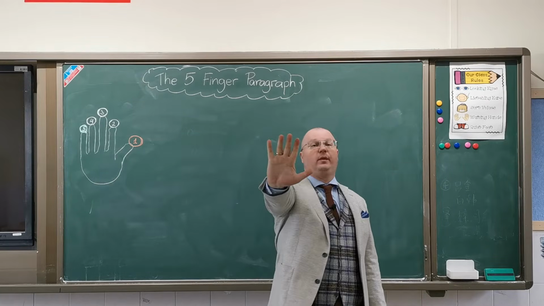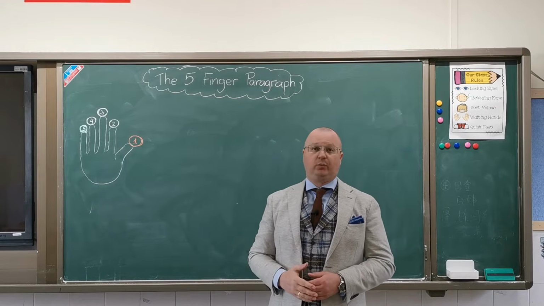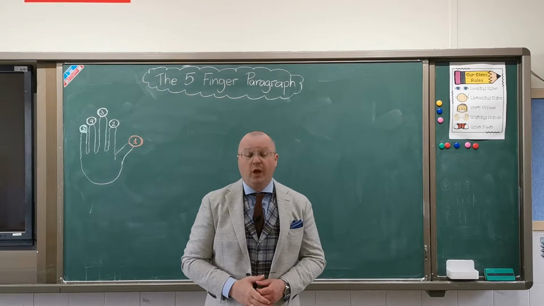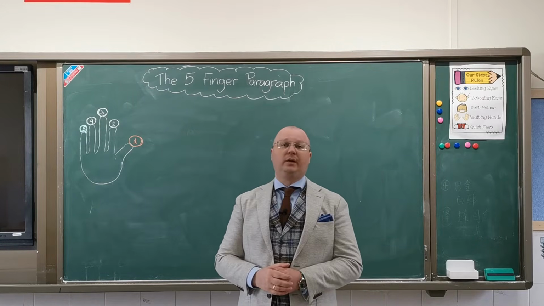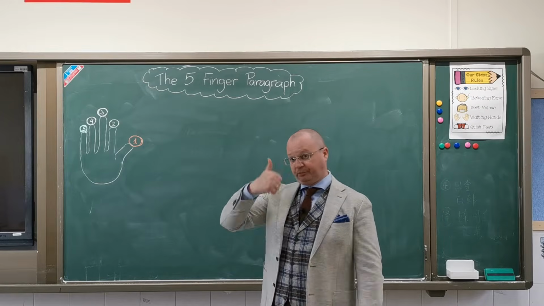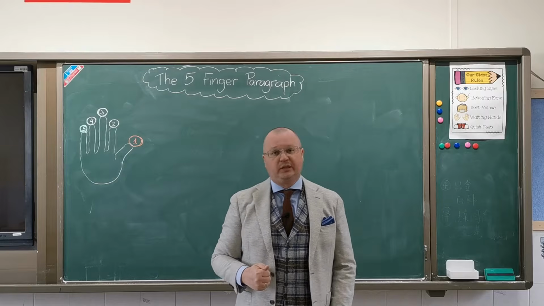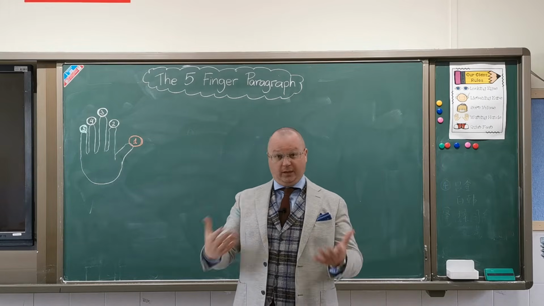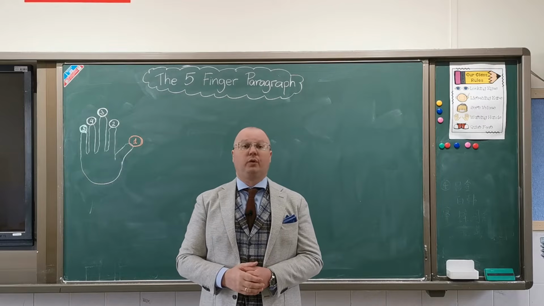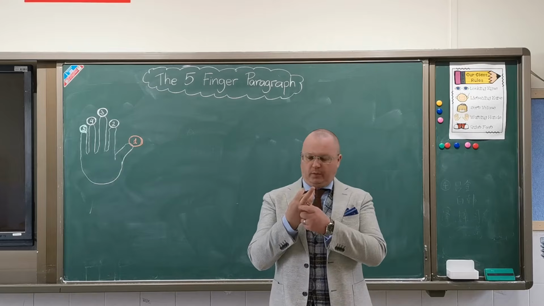You can show them your hand. And you can tell them, if they ever forget what a 5-finger paragraph is, all they need to do is to take a look at their hand and they're gonna remember it. So, your thumb is your topic sentence. And your topic sentence tells the reader what you're going to write about. It's your statement. Then you have three